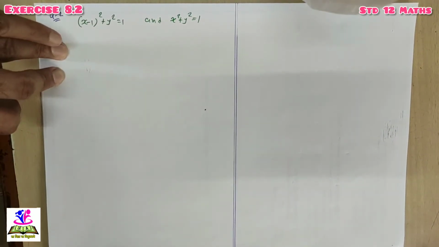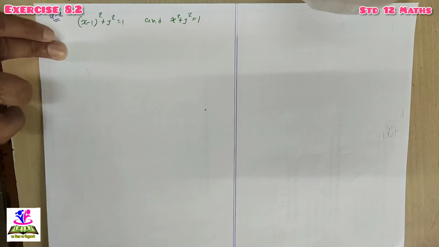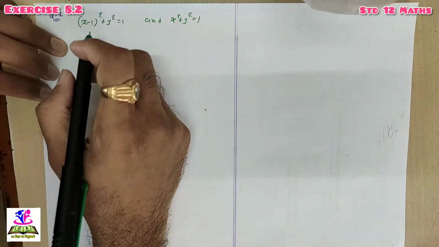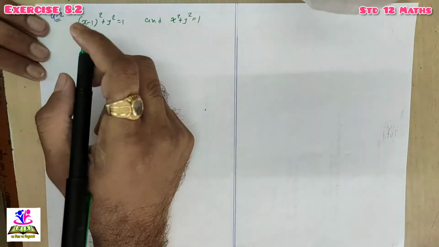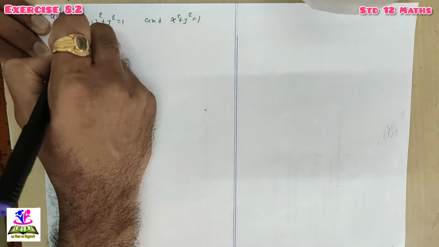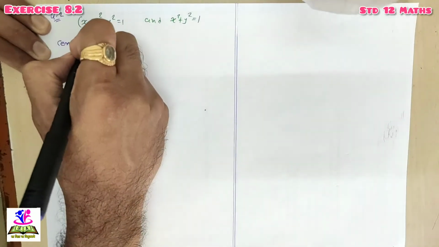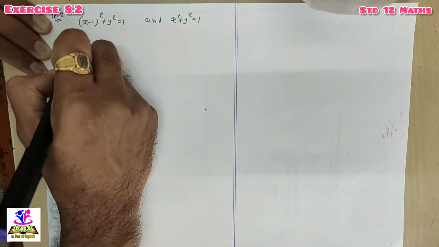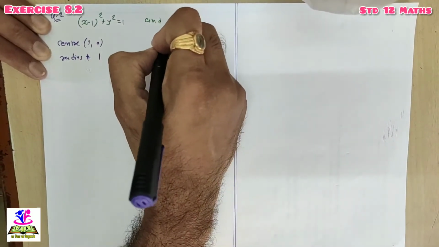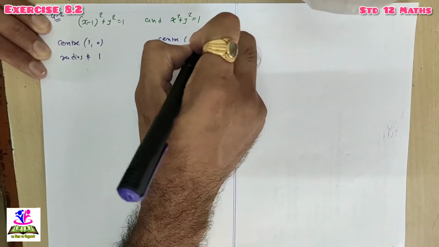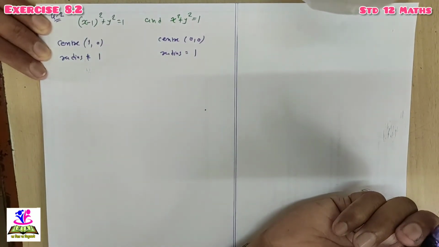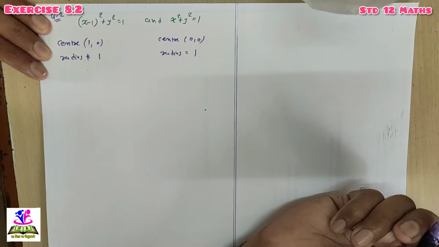So first you have to analyze the curve and you have to identify which equation is there. The equation of which curve is there. So here you can simply identify that this is the equation of two circles. First equation is the equation of a circle with center 1, 0 and radius equal to 1. And the second equation is also the equation of a circle with center at the origin and radius equal to 1. Done. So two equations of two circles are there and you have to find the area bounded